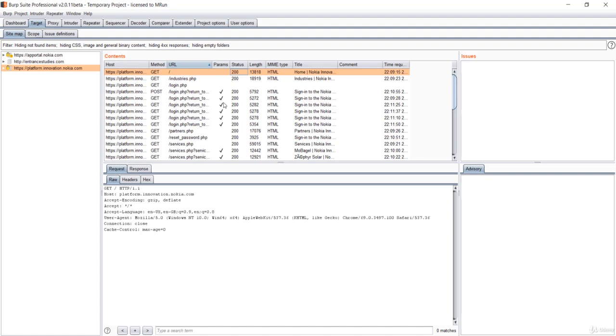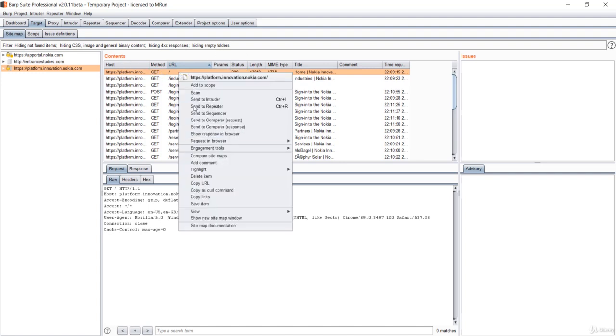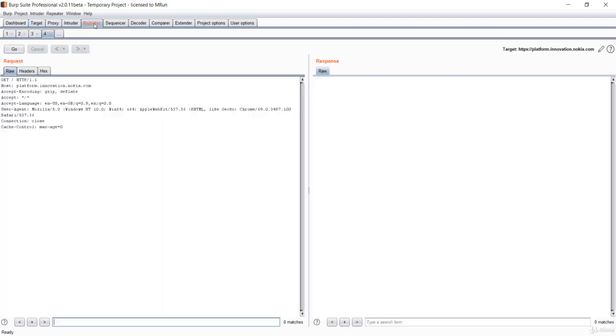So we'll just start with this simple URL over here, that is a GET method. Let me send this to Repeater as always. So let's go to the Repeater. You can see we have this host parameter right here. We have already said that the application can be hosted on the same IP address. That means we have this host parameter over here, so we'll attack this host parameter now.